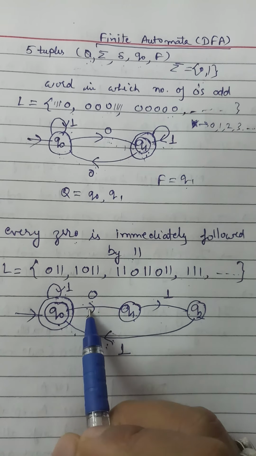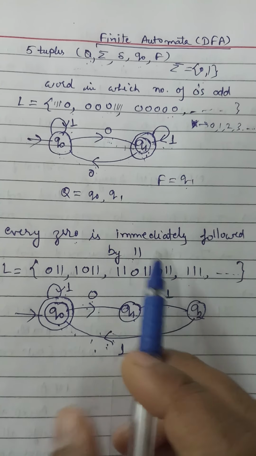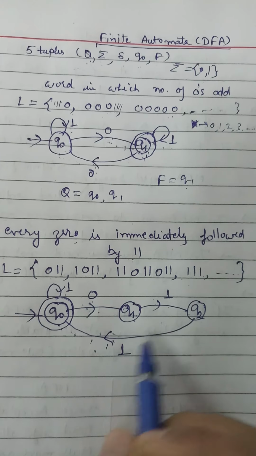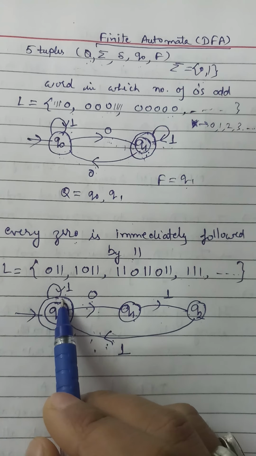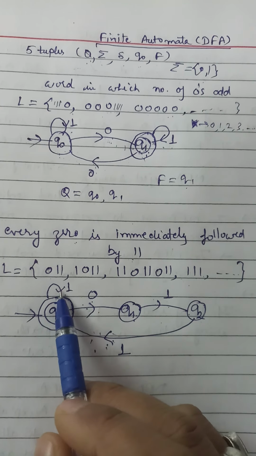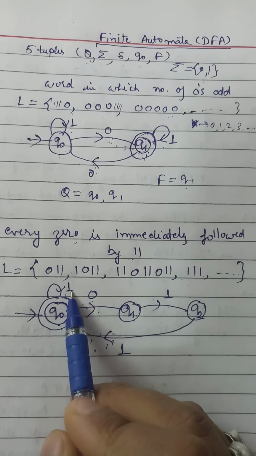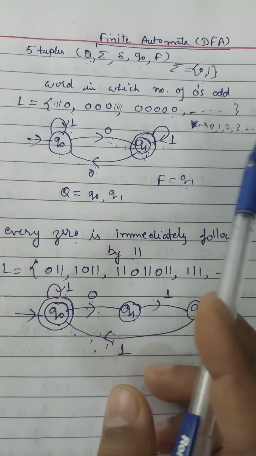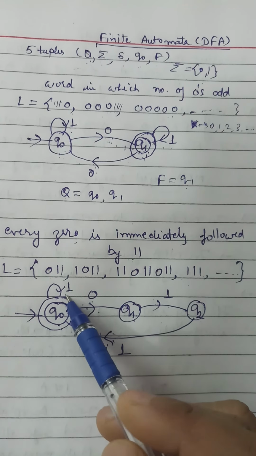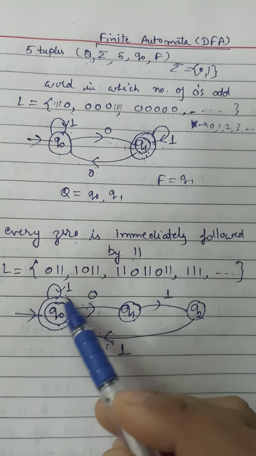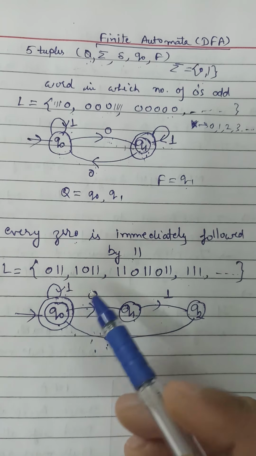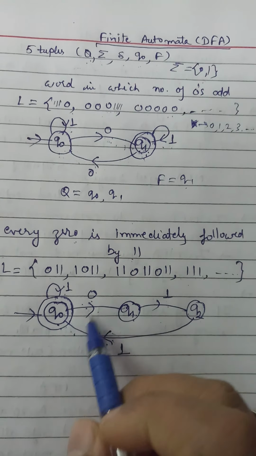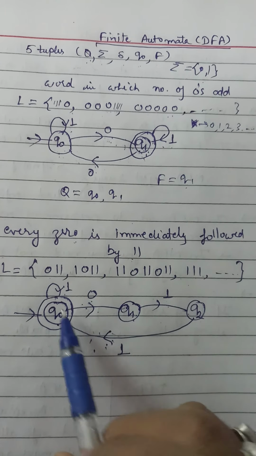But after that, what is the condition? There is no other condition, because we only need to control that every 0 is immediately followed by double 1, and before that it can be anything. So we put a loop of 1 on Q0, which is like a star: it can run any number of times, either 0, 1, 2, 3. If it runs, it can run 1 time, 2 times, 3 times, or if it does not run, then nothing happens. Then what will the language be?